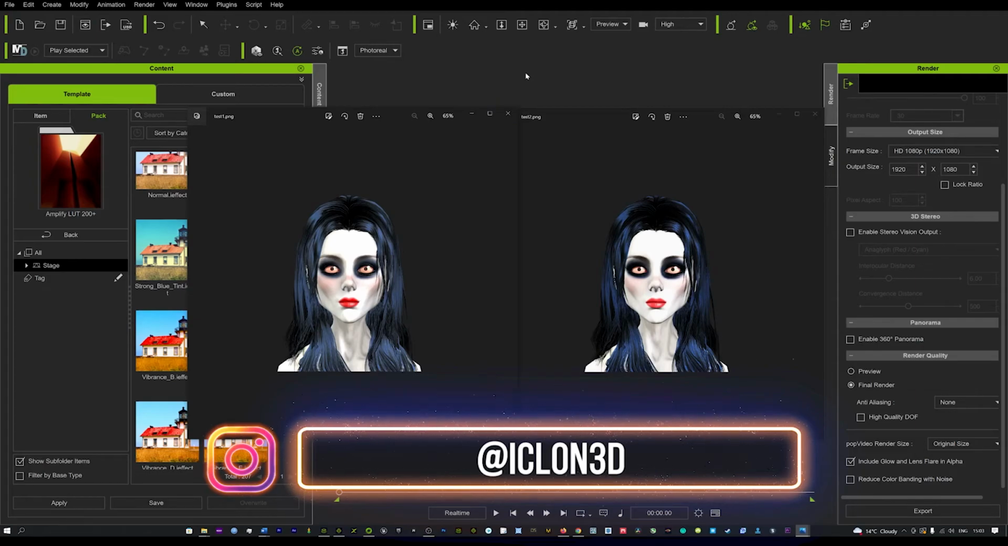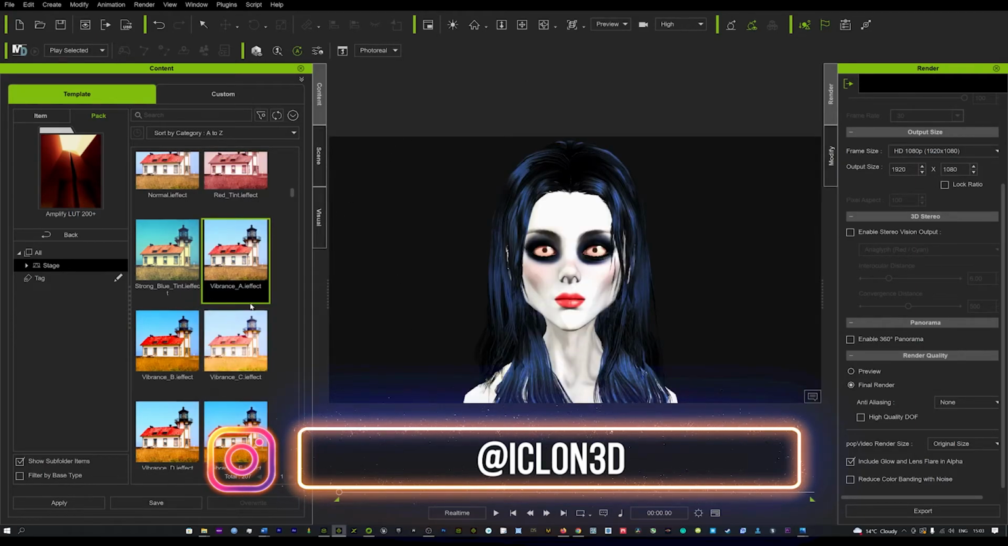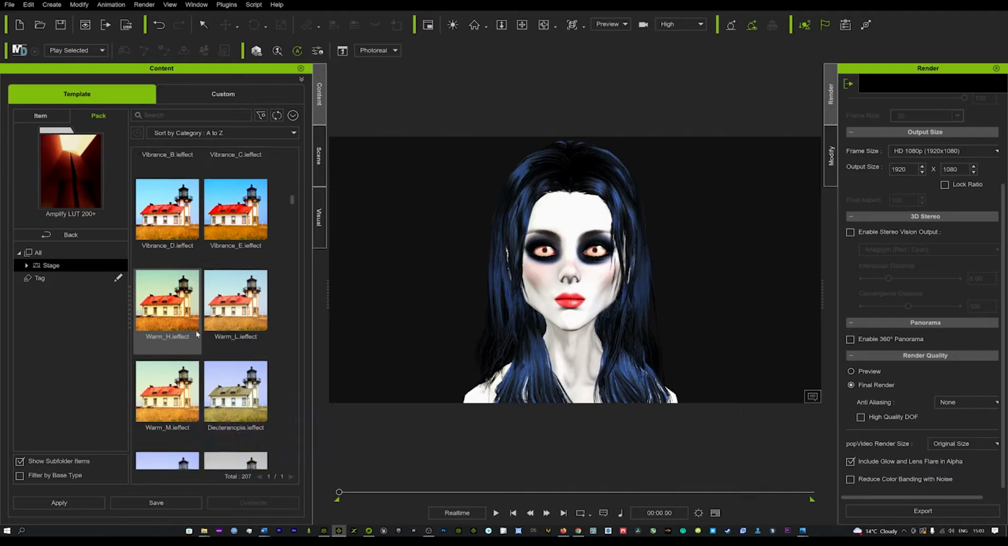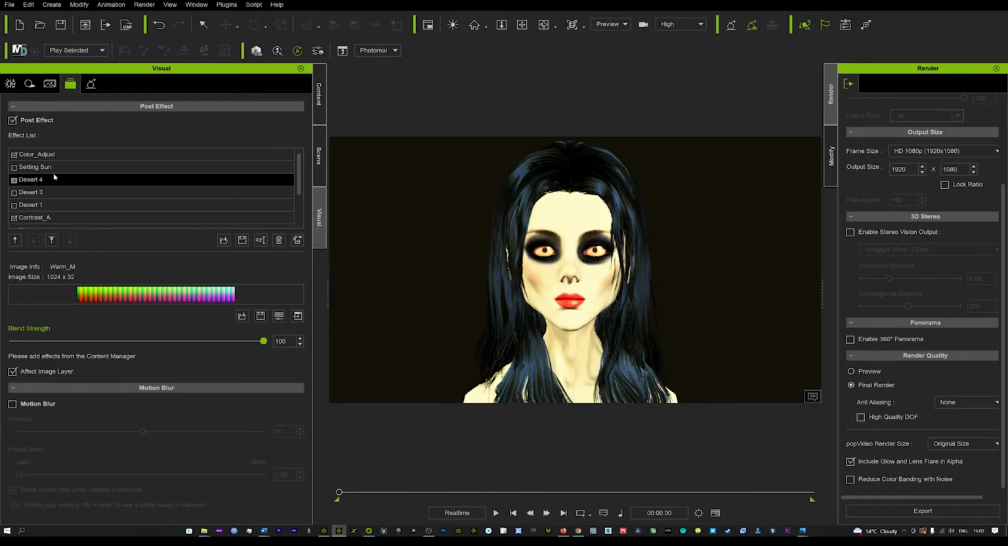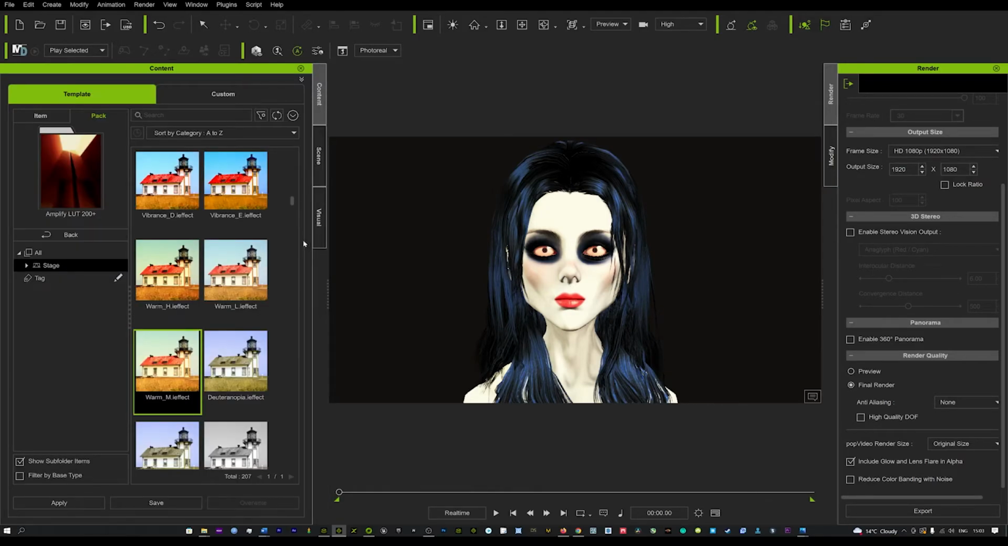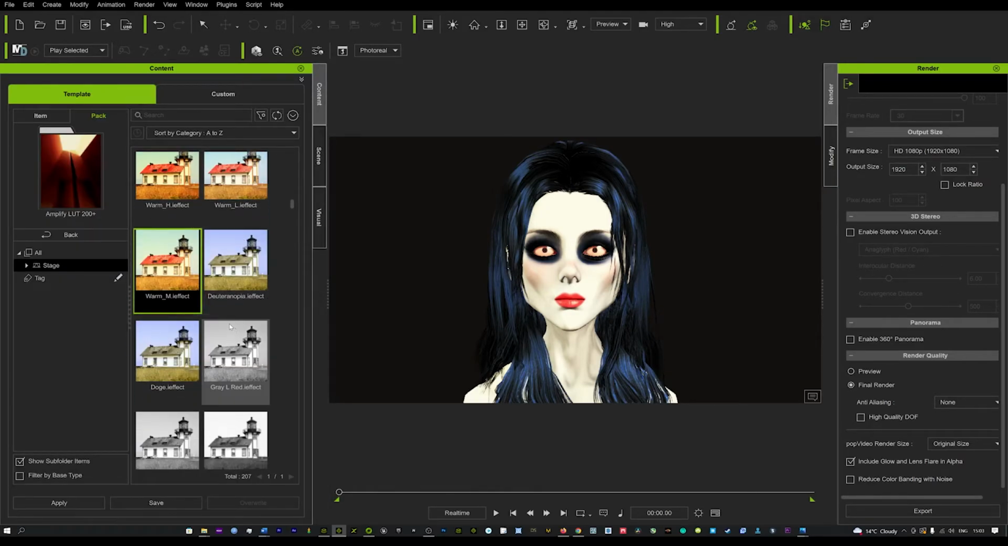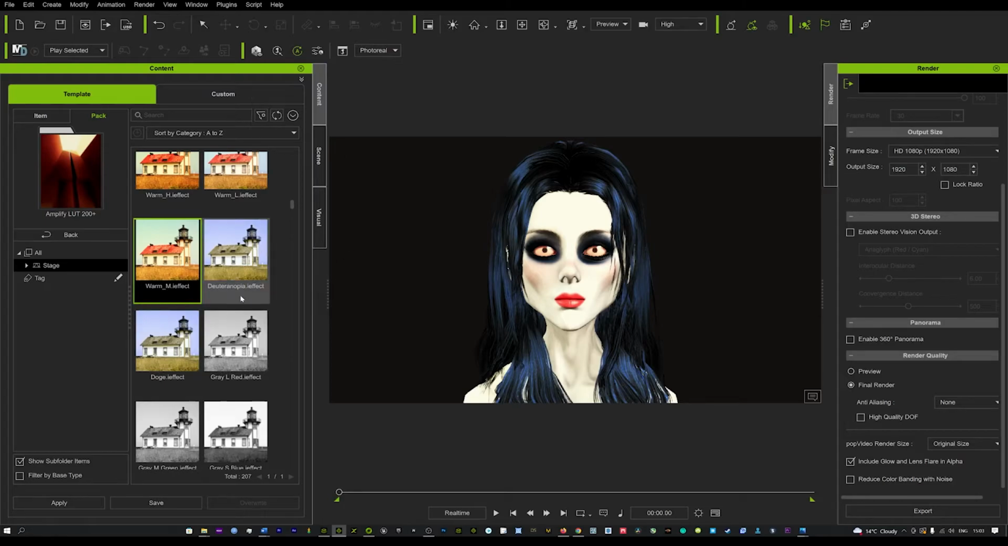LUTs. Now, if I go back into our content here, we can just scroll through and find some more looks that are suitable. And the great thing is you can stack these on top of each other. As you can see here in the visual tab, we've got a lot of different looks stacked on top of each other to make up the overall look. And we'll just bring down the strength of the warmth, and we'll just add a little bit of warmth to that. And you can see it's really bringing that image to life a lot more using these LUTs